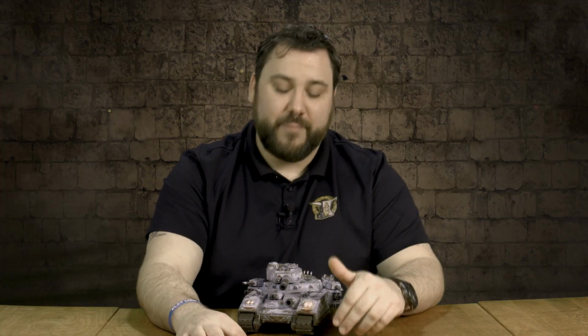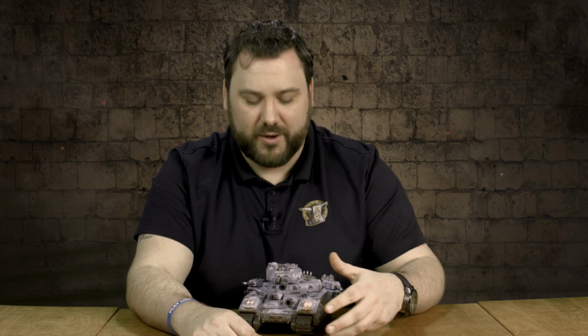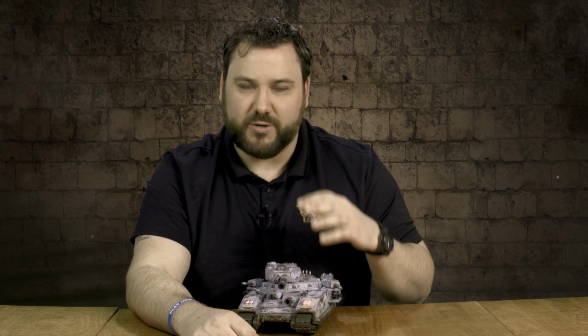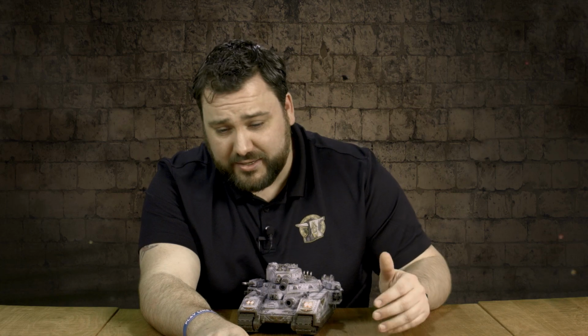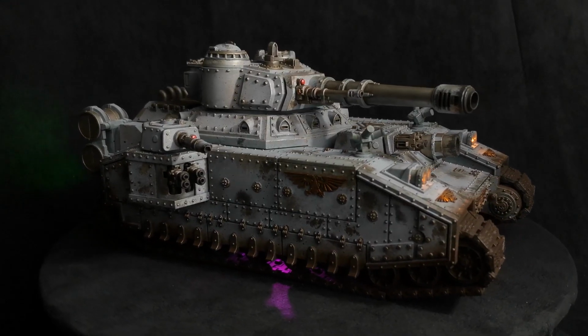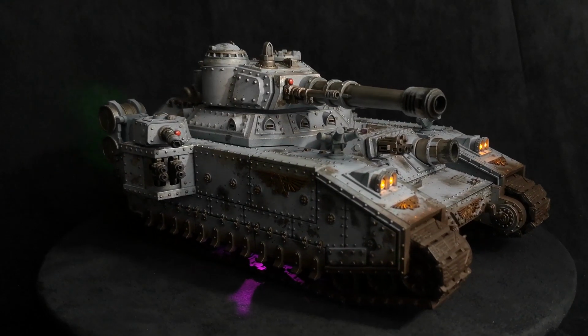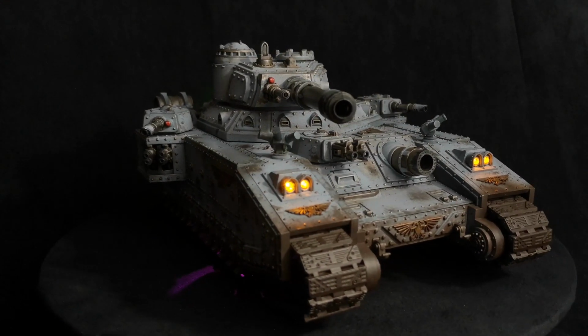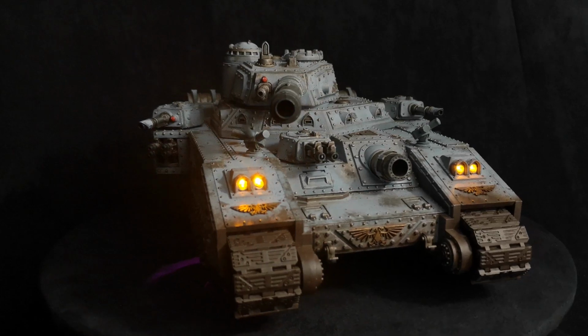It can fall back and charge in the same turn. Charge with a tank. Again, we'll talk about the melee potential of this thing later on, but having the ability to fall back and charge in the same turn is amazing. In addition to this, it can fire all of its weapons if enemy units are within 1 inch of it, but only the twin heavy bolters,